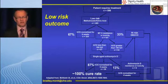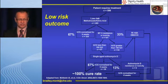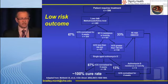These cure rates are very, very high, and this is from the Charing Cross in London. I wanted to share this with you. So if you were to take 600 patients, okay, most of those patients will be low risk after the scoring system. They'll get either